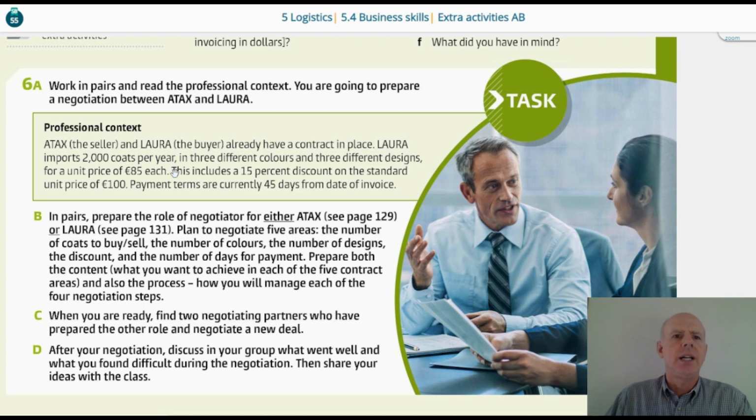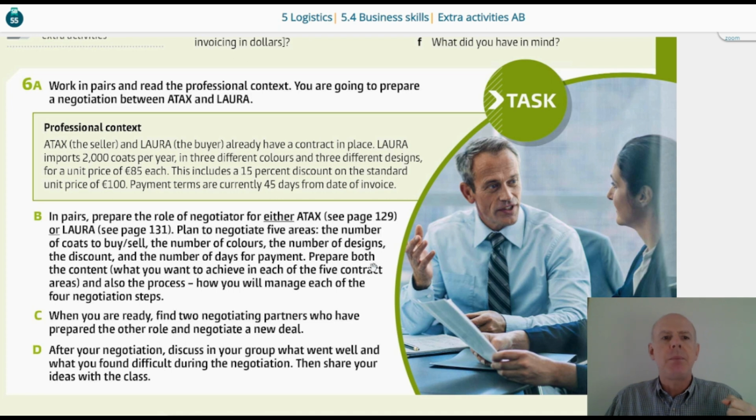Okay, very nice. So what do we have to do? If it's a classroom with more people, pairs should prepare the role of negotiator for either ATAX or Laura. Plan to negotiate 5 areas. The number of coats to buy or sell, depending on the company you are going to work at, the number of colors, the number of designs, the discount, and the number of days for payment. Wow, 5 different